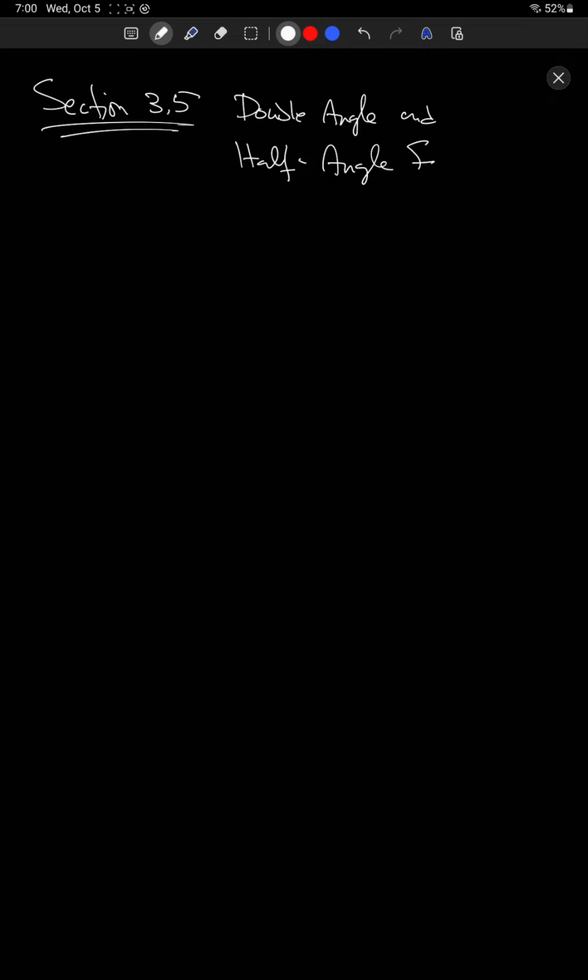All right, so this is section 3.5, and this is the double angle and half angle formulas, or identities. So more identities, and of course that naturally means more verify type problems, and those verify problems now